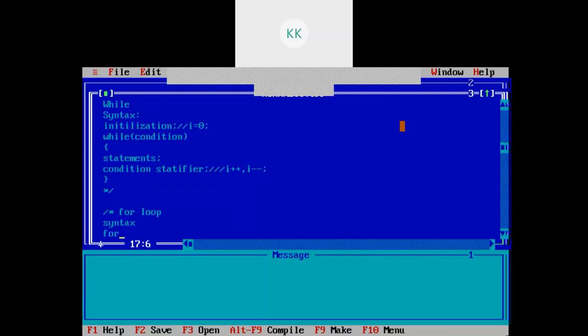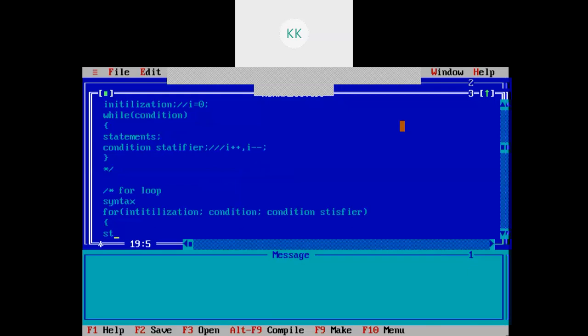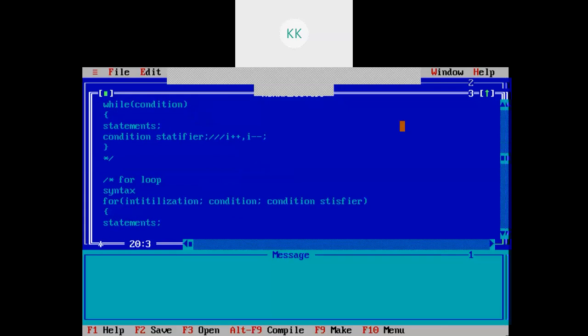So for initialization, condition, and condition satisfier, all three are in a single line, and one or more statements are inside the for loop.